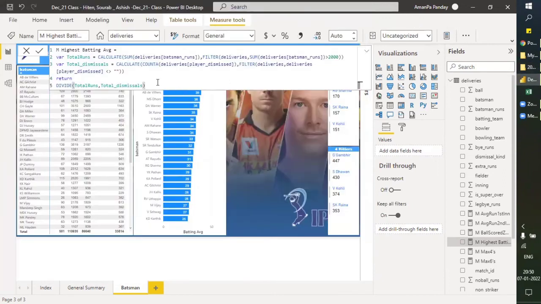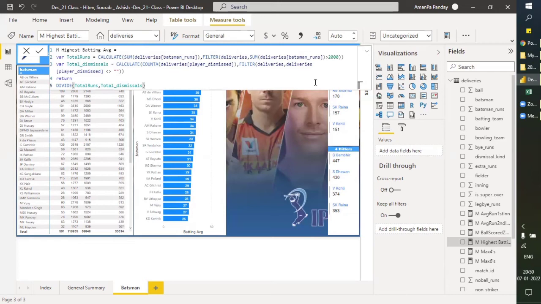Okay, so batting average as per the ICC rules, International Cricket Council, batting average is total number of runs by the number of times the player got dismissed. Okay, understood. So it's not how many innings or how many times the player has batted, it's the total number of dismissals. Generally we tend to think that he has played 10 matches, so it should be total runs by 10. This is not the case. The case is the total runs by total number of dismissals.